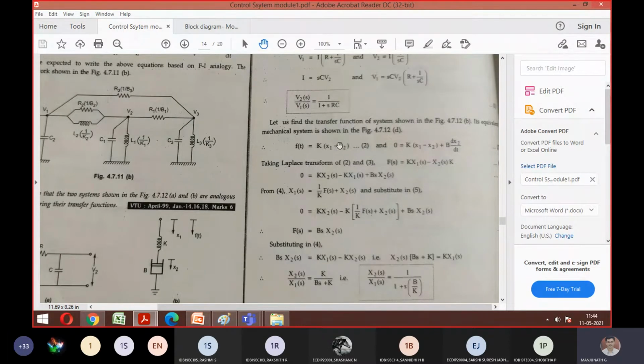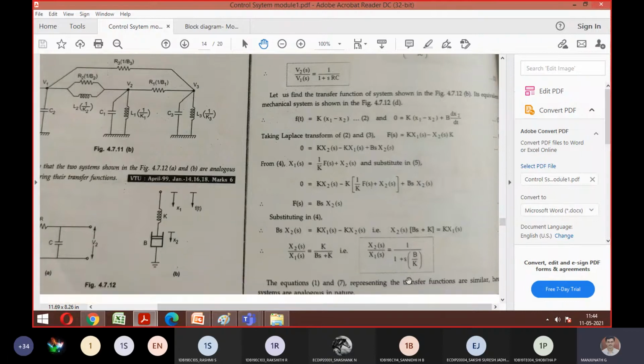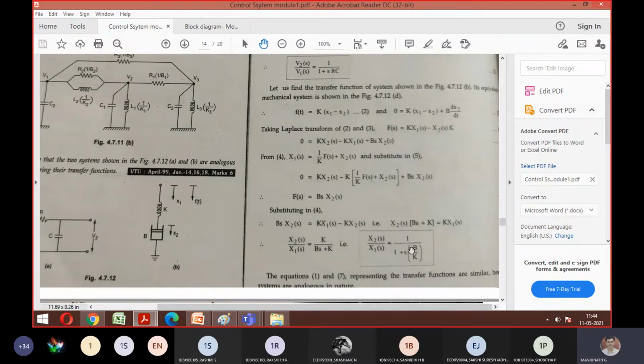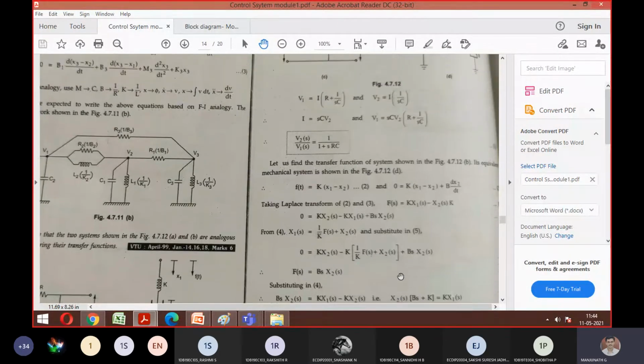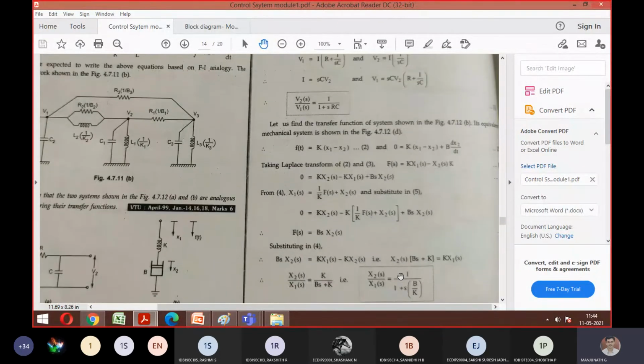So similarly, the dashpot. Is it okay? Look at your electrical system, how it was. In the same way, we have proved it with respect to your mechanical system also. So this is the conclusion you have to represent: this equation and this equation are similar. Hence you can prove the systems are analogous in nature. So this is the last type of problem that was left out in module number 1.